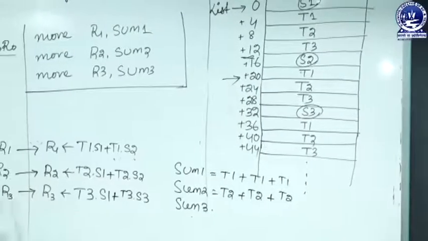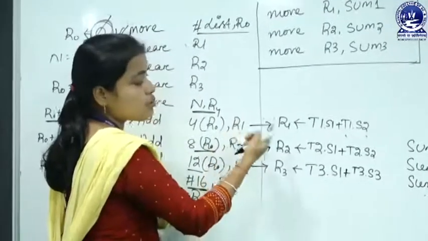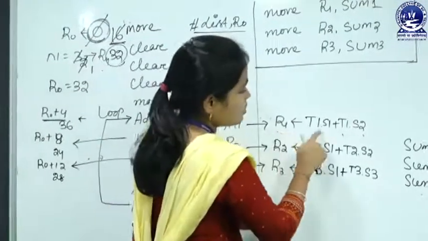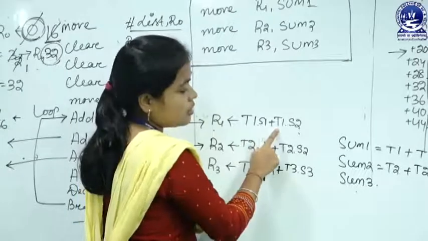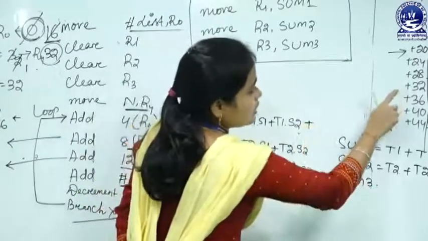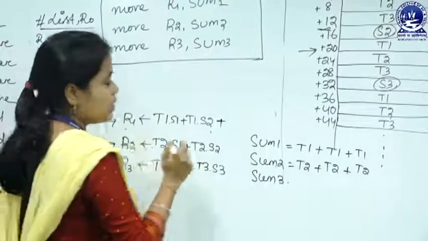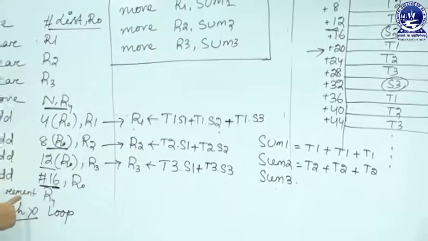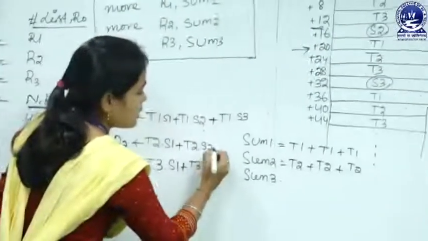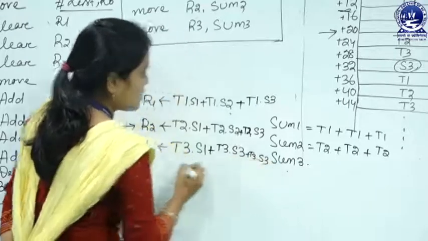So, what is 36 content? The content of 36 memory location, and add that content with the content of R1, then store it in R1. So, now R1 contains the sum of T1 result of student 1 and T2 result of student 2, and what 36 location holds? It holds the test 1 result of student 3. So, you can write test 1 result of student 3. So, like this, go to up to this, it is T2 dot S3 plus T3 dot S3.